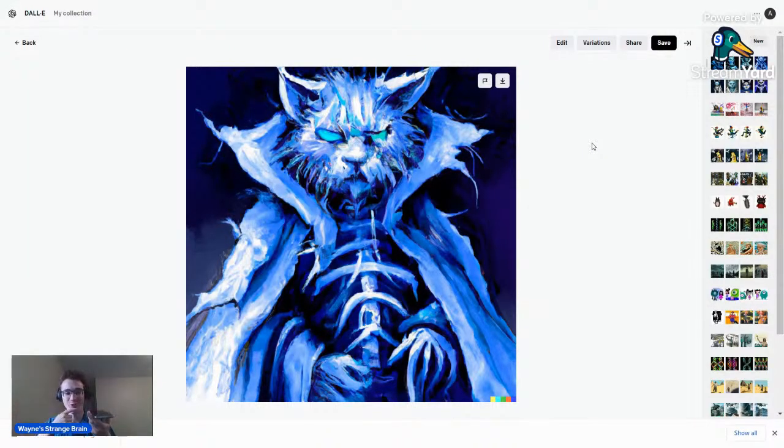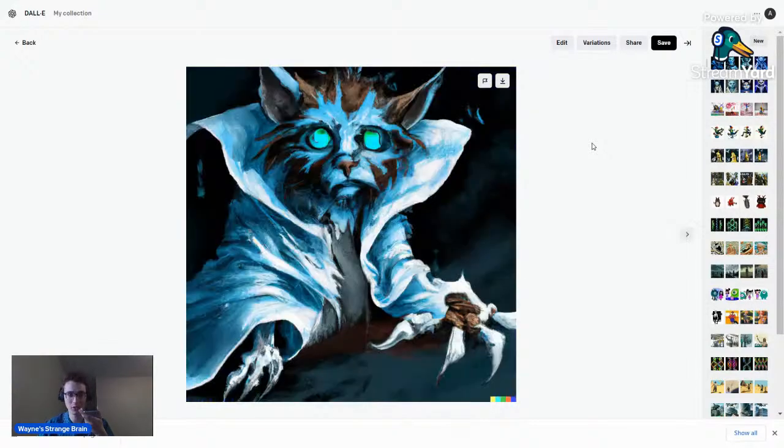I don't see the Dracolich, but it got the cat. It seems like it pulled some lich aspects out, and it just made him look a little bit more badass. I don't think it really knew what a Dracolich was, and just put lich in. Like that's a dragon lich, right?